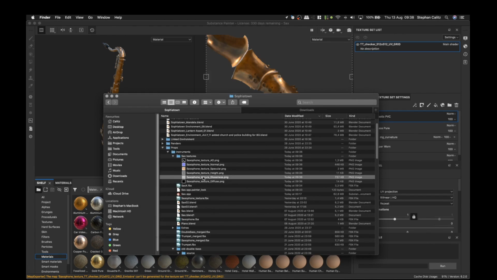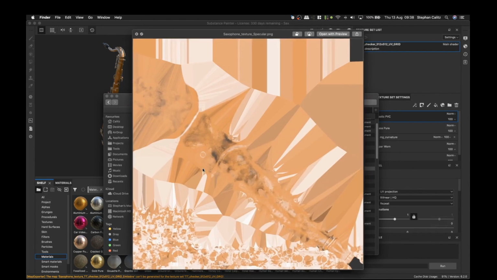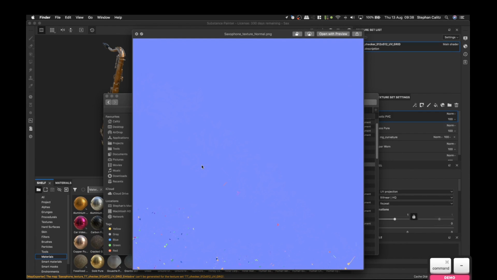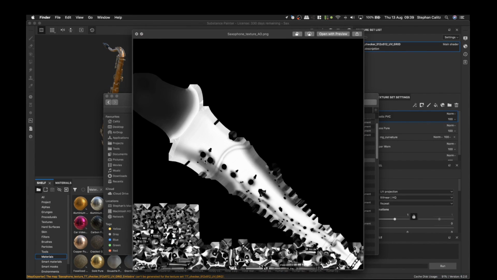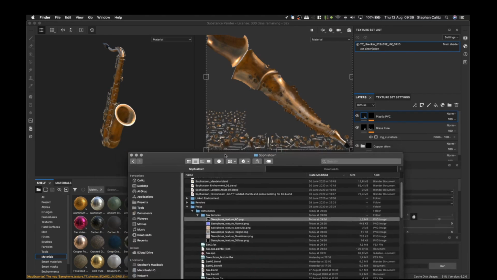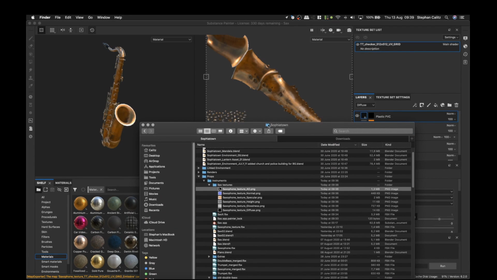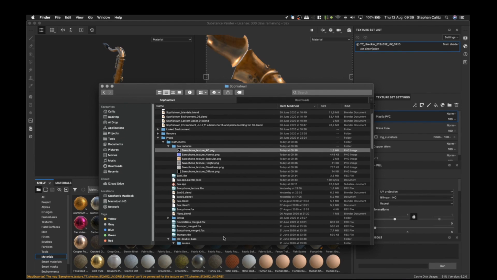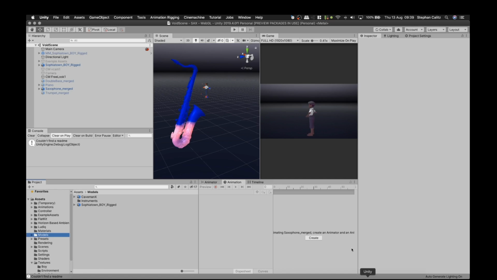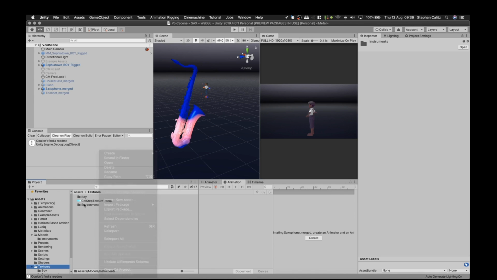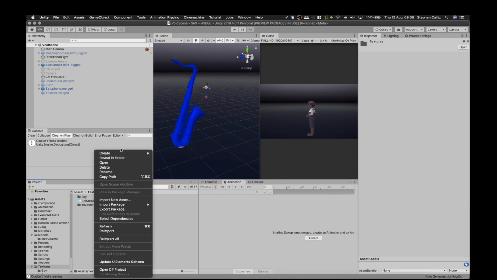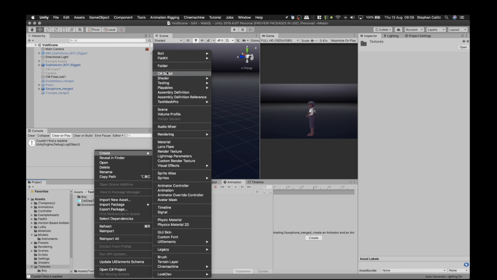Okay, so then I just checked the textures and saw what sort of information was on there, right? So realize that the diffuse is actually entirely black. The height map isn't really adding much to it. So I only really need a few of those textures. All right, so then in Unity, I just made sure that I have a